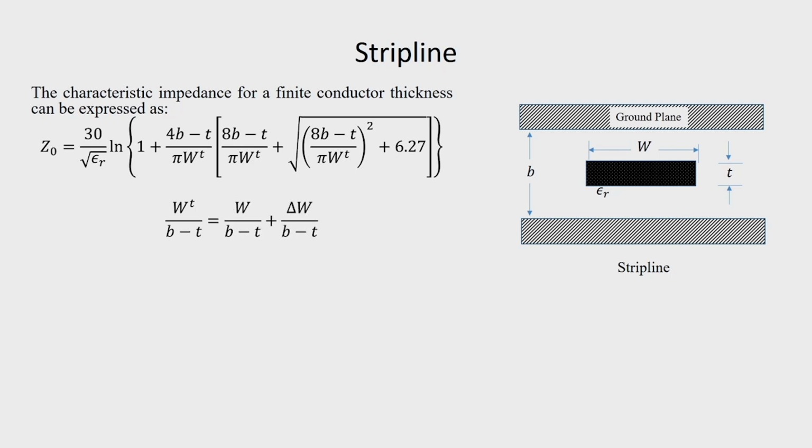So, when we have finite conductor thickness, Z naught needs to be calculated using the relationship as shown, and here